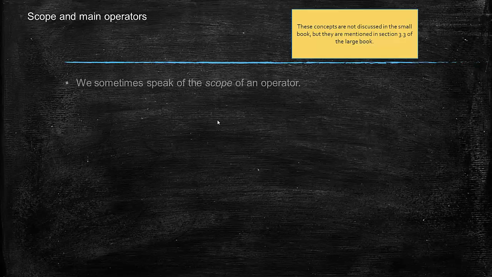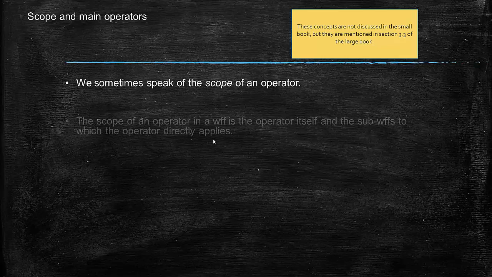So sometimes we speak of the scope of an operator. It's the operator that has scope. So the scope of an operator in a WOOF is the operator itself and the subwoofs to which the operator